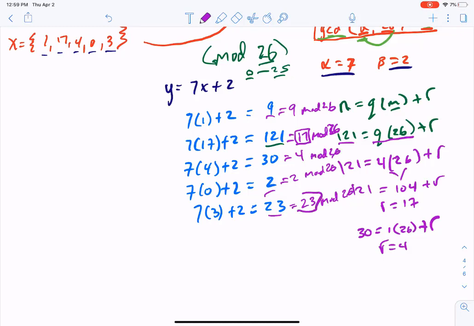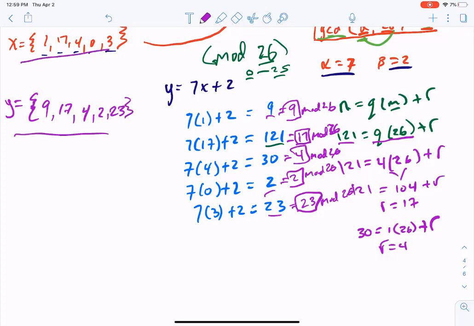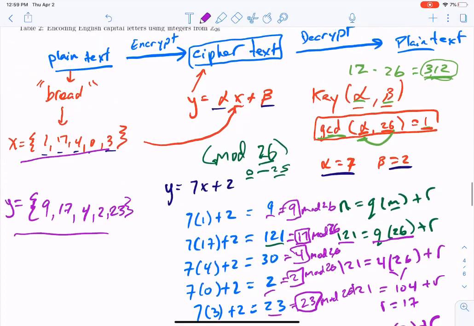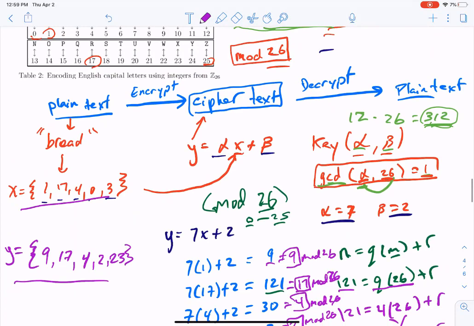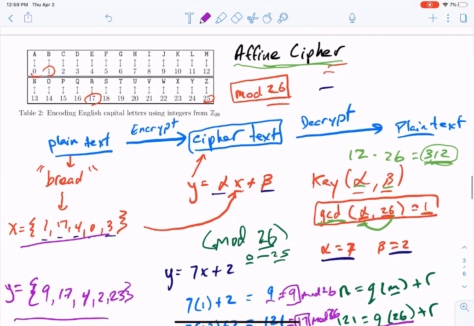So these numbers right here make up my ciphertext. So my y values, which are my cipher, that comes out, my ciphertext will be 9, 17, 4, 2, 23. Okay, so this is my plain text, this is my ciphertext. It's encrypted now, right? So if I actually want to make an actual word message, 9, 17, 4,